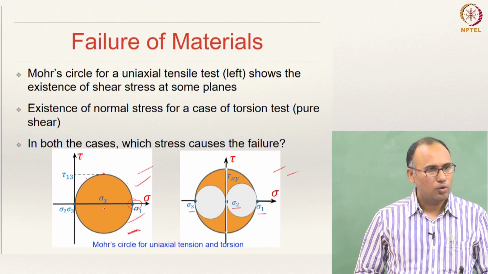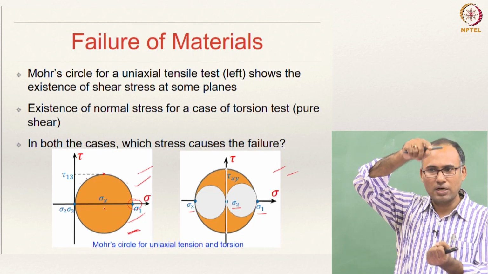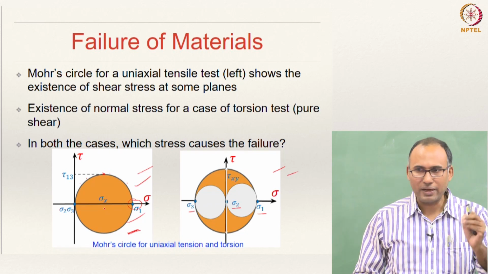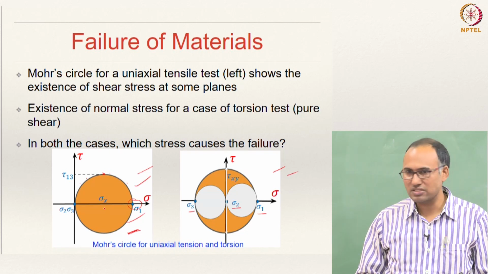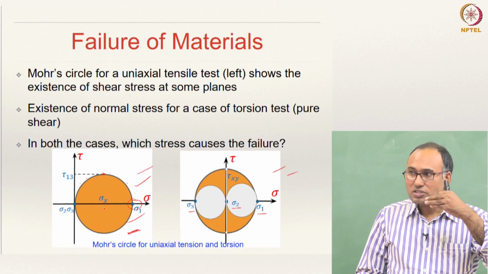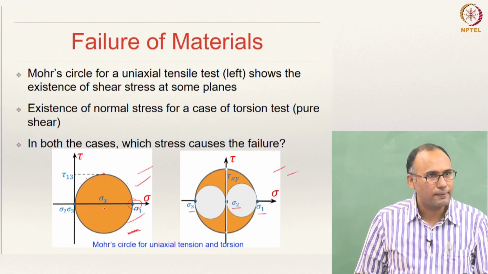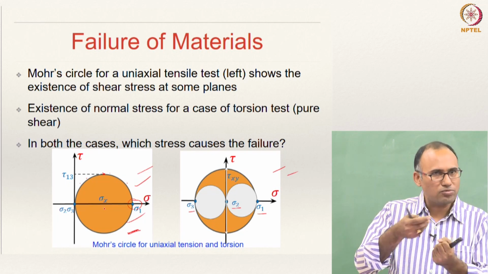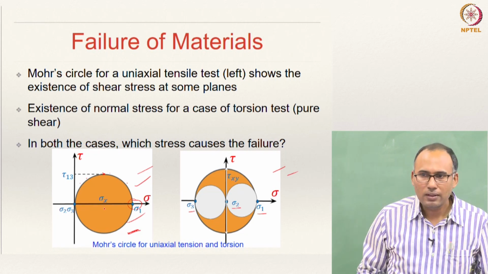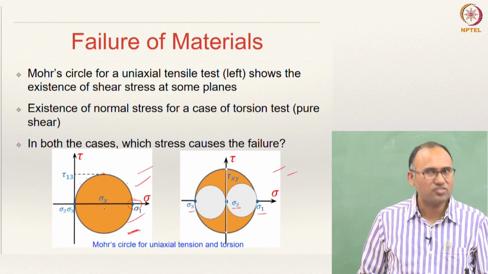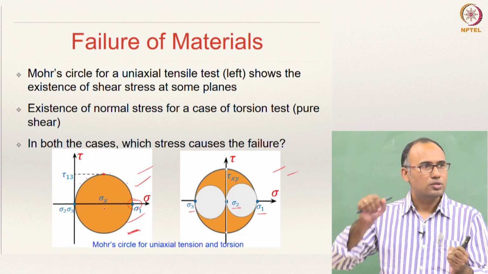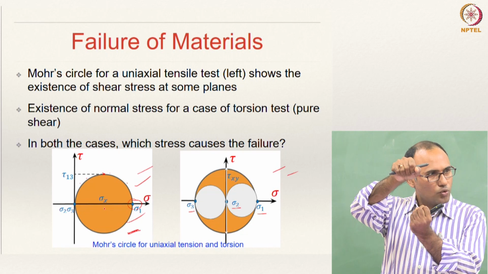You also have seen why, when you are applying a uniaxial tension test, your failure or yielding happens along the 45 degree plane, right. That is something that you have observed in your experiments, the shear bands you probably have seen, and that is because you have shear stress to be maximum at the 45 degree plane, and that represents what? If you have maximum shear stress, it is probable that along that plane you will have initiation of plastic deformation, because plastic deformation is primarily due to the slip of atom planes which is caused by shear stress.